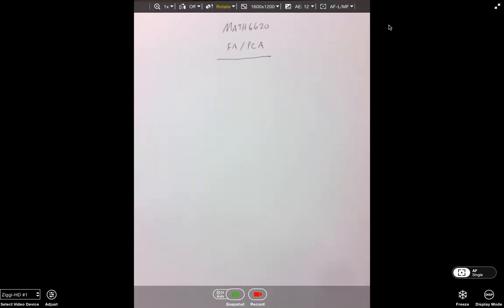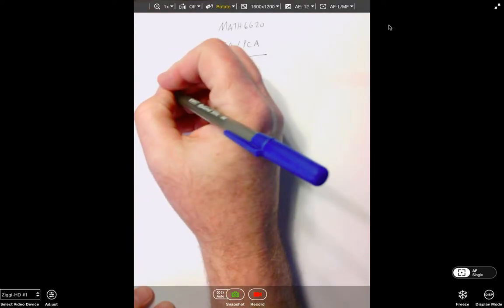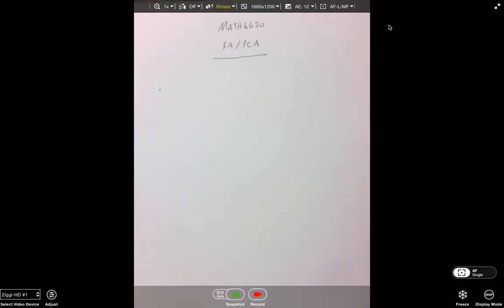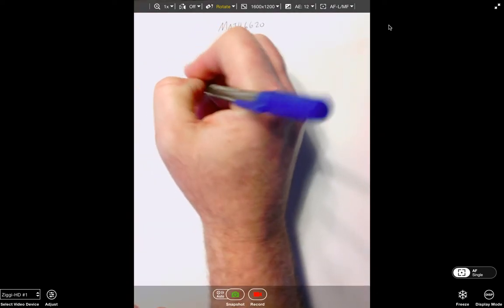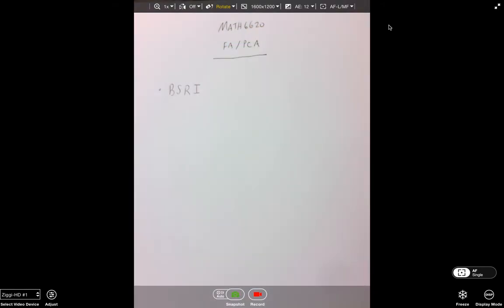All right, gang, Math 6620, factor analysis and principal component analysis. What I want to do here could get really scary. I'll just go ahead and tell you, because I haven't even worked this problem. So I'm shooting from the hips, but it's a data set that I thought looked kind of cool. I really don't know a lot about it, to be honest with you, but it looked like it would be applicable to factor analysis. Well, I know it's applicable to factor analysis, or I wouldn't have gone this far.